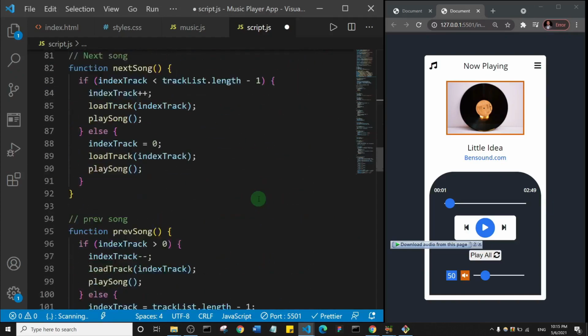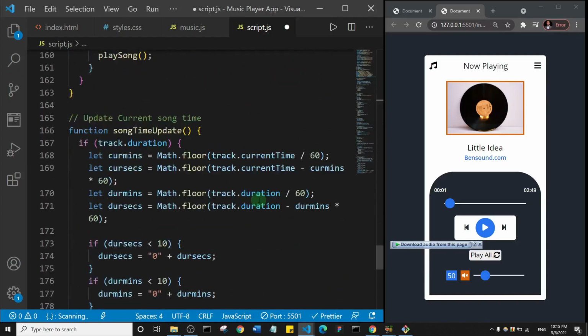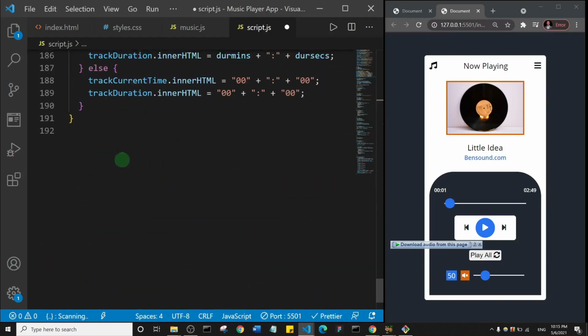So let me just scroll down, and I'm going to add a comment here, since we've written so much JavaScript in this project. I'll say show playlist. Okay, so let's create the function that will show playlists,